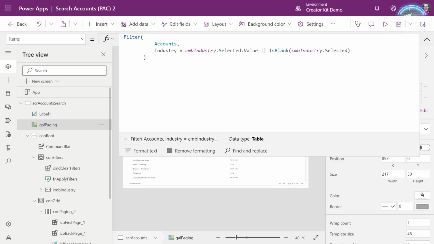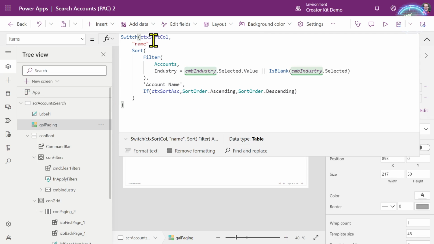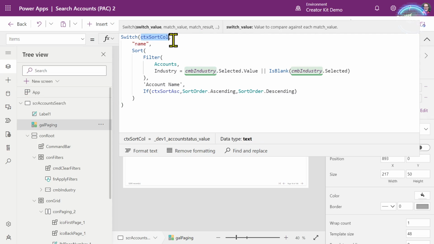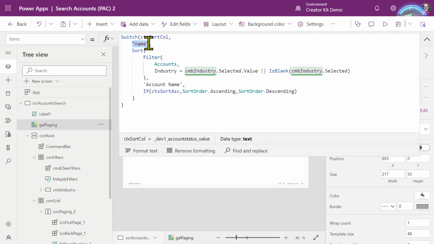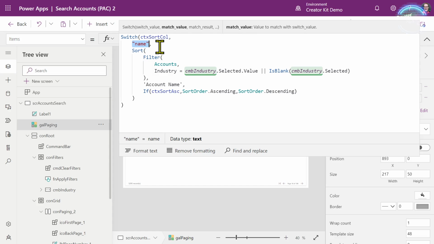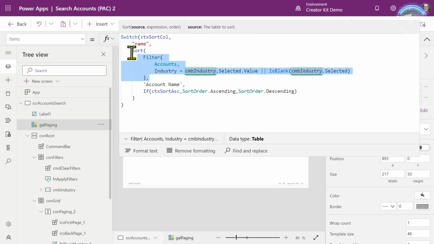Well, okay, we can do that if I paste in a little expression here. This is now a switch statement on the sort column, and if it's name, and if you remember that the name was the first display name of the account, it's now going to sort on that filter expression. This is the expression we had previously. So it's basically just wrapping that filter up inside a sort. Now when we do it like this, it's delegatable, because as long as we don't have any add columns inside the sort, that sort will be passed along with the filter, and we could go and look at the monitor and we'd see that as well.